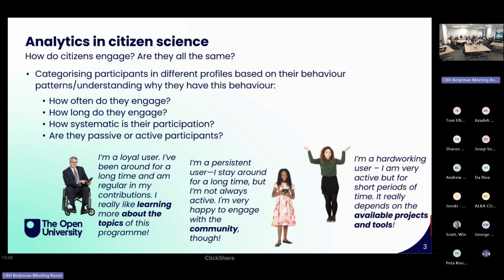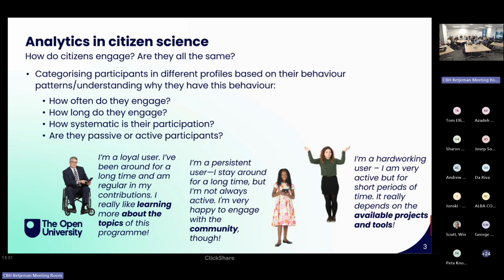So what we try to do is to understand who our participants are and whether they behave in different ways. And what we have done is that we try to classify them in different profiles based on their behavior patterns. I'm not going to go into statistics and the metrics we used for that, but we were very interested in understanding how often they engage, how long they engage, and whether they remain loyal to the project or the program, how systematic they are, which also depends on whether you run programs like blitzes, bio blitzes, or something like that,